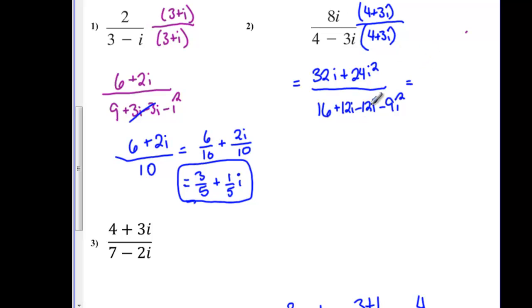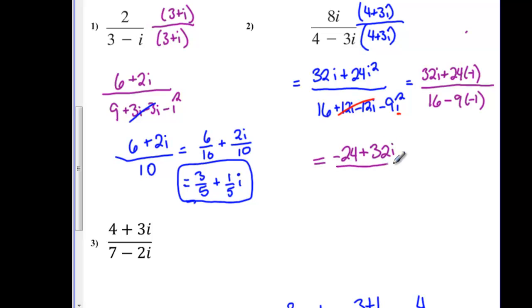All right, so now we do a couple things. Cancel those out, and I'm going to rewrite these i squareds as negative 1s. So on top, we have 32i plus 24 times negative 1 over 16 minus 9 times negative 1. So if I come back down, I start to get it a little bit more together. So I got negative 24 here plus 32i, because we got to put the real part first. And then I've got 16 plus 9, which gives me